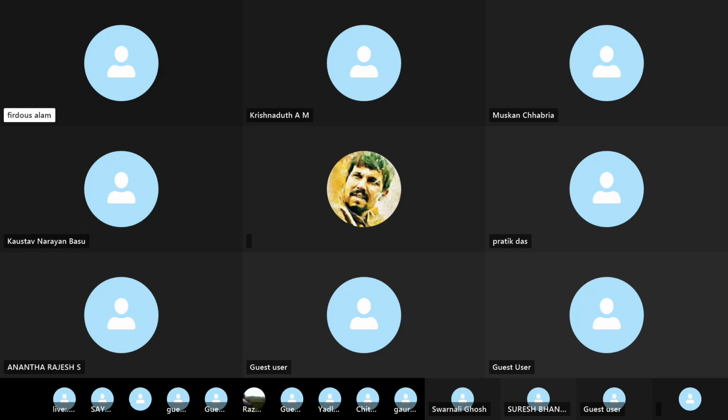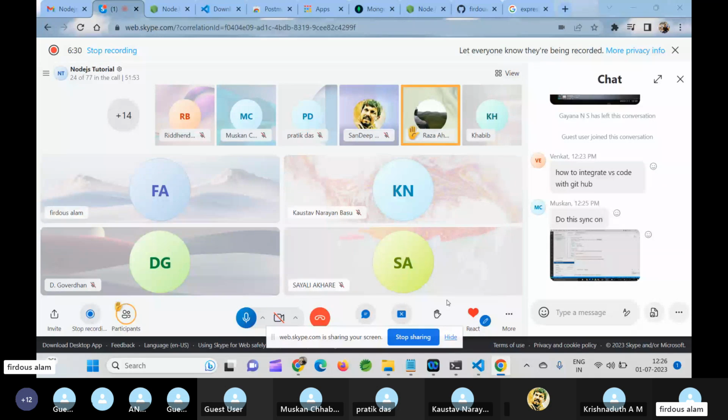I'm taking the control of it. Now, since we have set up our Node.js project, we need some framework. I already told you, Node.js just provides an environment to compile your script. It is just like a JVM, Java Virtual Machine, which provides an environment for Java. Similarly, it provides an environment to your JavaScript code. So to write code, we will use Express.